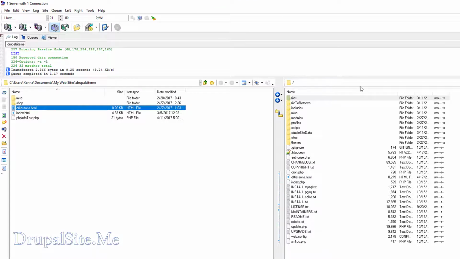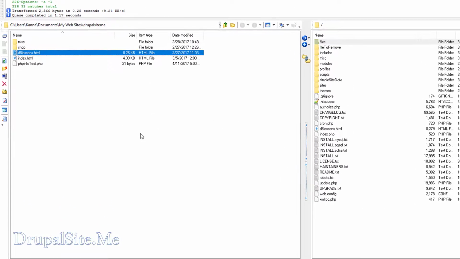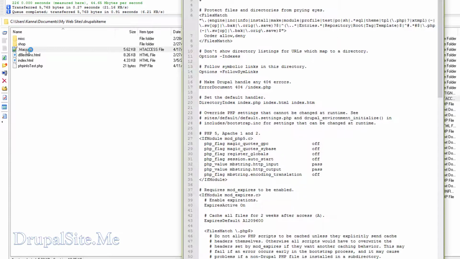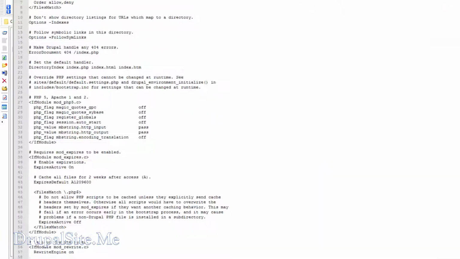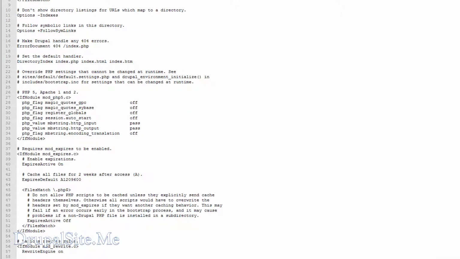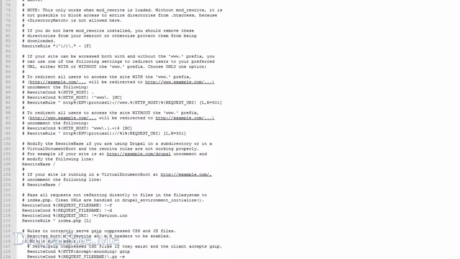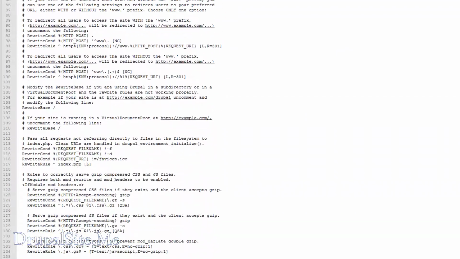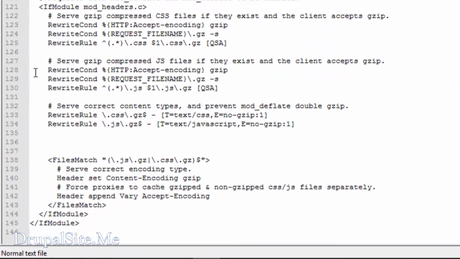So I log into the site using my FTP. This is my site and this is my local folder. So I bring in the htaccess file over here and open it. My site is a Drupal site, and this htaccess file is created automatically when you install Drupal or update Drupal core. What we are going to look at is these two things. See, FollowSymLinks is on, and also RewriteEngine is on. So we can add a couple of lines under here for redirection.